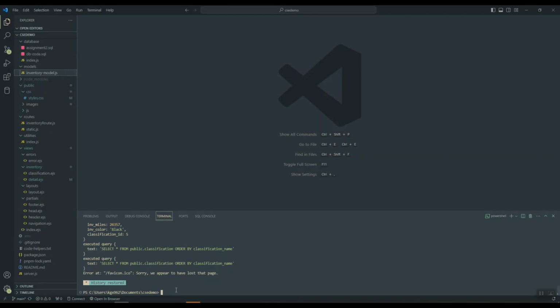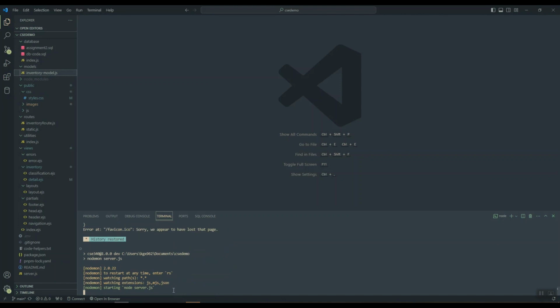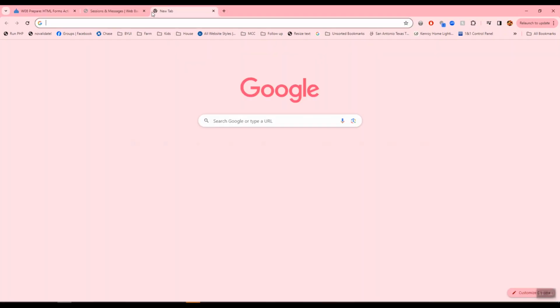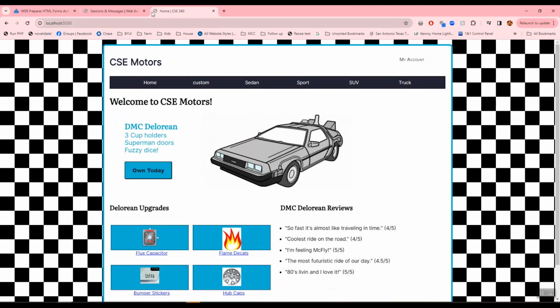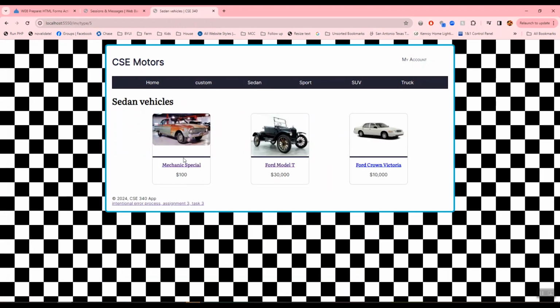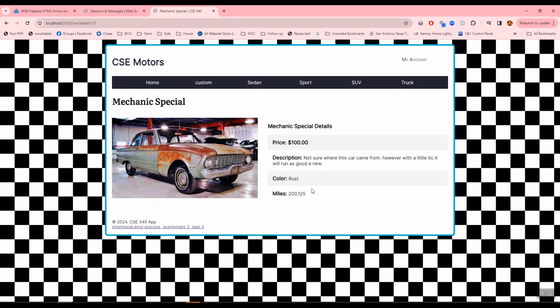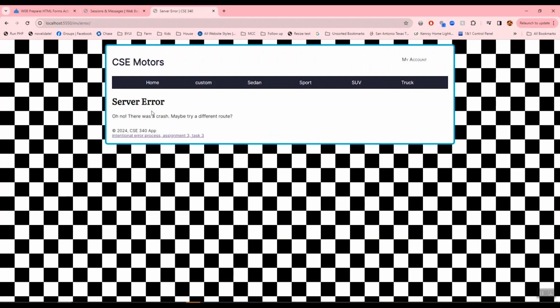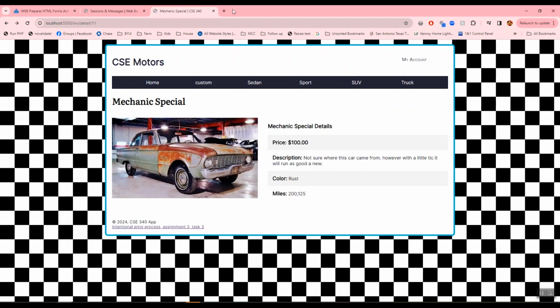Okay, so from where we left off last week, we got our detail page working. Let me pull that up real fast. Okay, so we have our detail page working. And hopefully you were able to also get the error process working. And if not, you will probably want to go through my review. I have a review put up that you can access from last week in the course. But as long as this is working and everything's rendering on your localhost and on render.com, then we're good